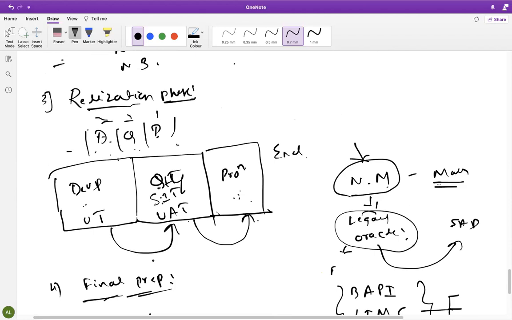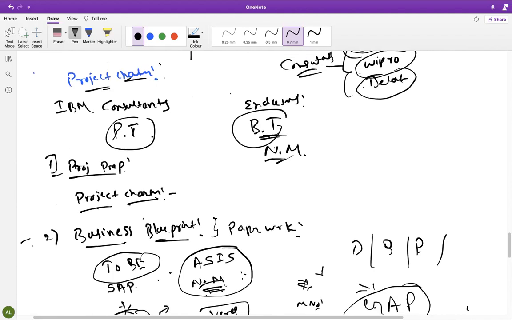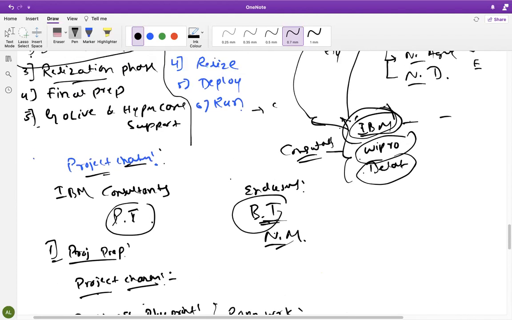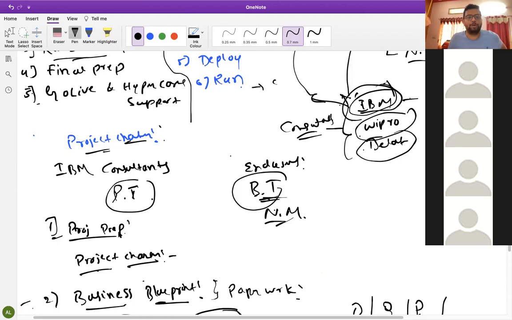Do you have any doubts in the ASAP methodology before I move to Activate? Hi, Akshay. I just want to know why people do not choose the same company for the support system. Because these people only know the configuration; whatever we have done, we know in and out. So they feel that they cannot give 100%. If anything is missing, they cannot suggest more. That's why usually they will go for other companies. If they want, they can go with the same company also. Okay, thank you.